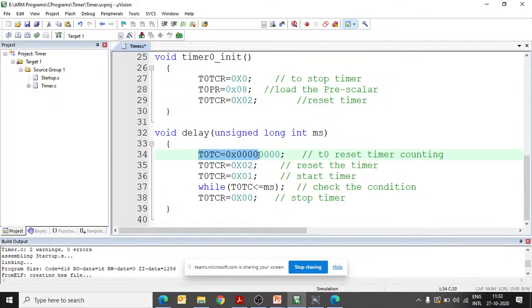In this case, T0TC equal to 0, that means initially we are resetting the timer. T0TCR equal to 0x02, that means we are resetting the timer. We stop the timer, sorry. And then T0TCR equal to 0x01, that means we start the timer, and your timer will run until the